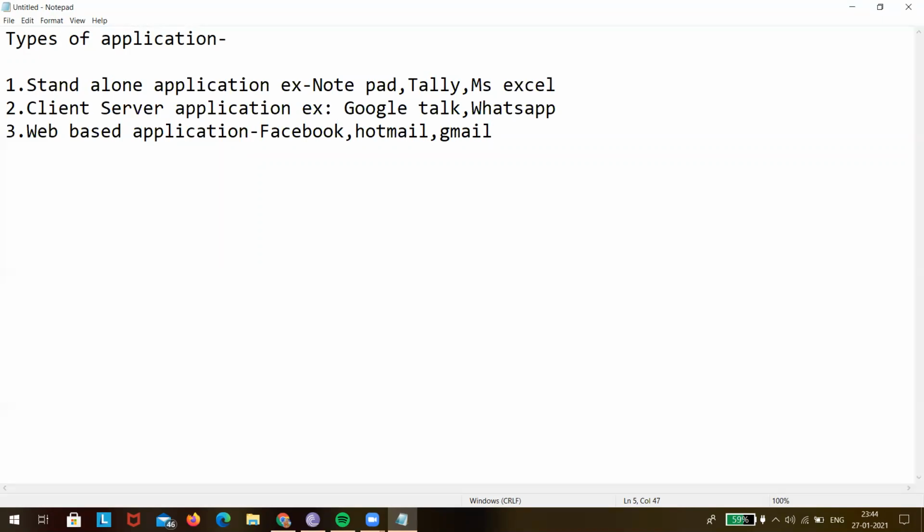In any application, there are three things. First is the UI, the user interface. User interface means the front end of the application.